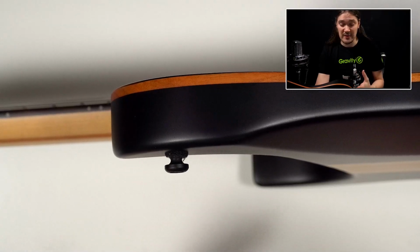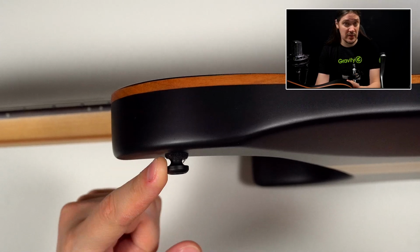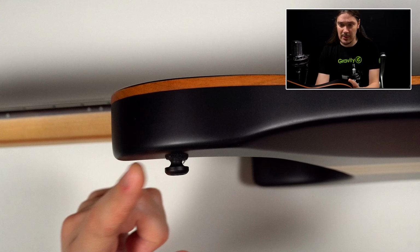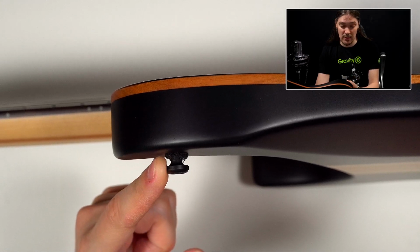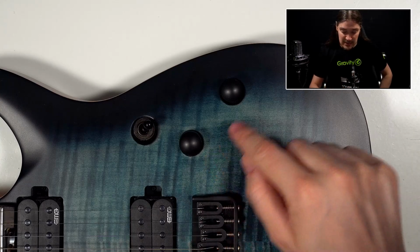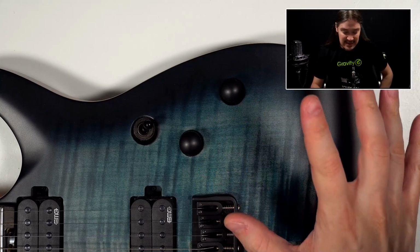For myself personally, I would change strap buttons to strap locks to make this guitar compatible with all my guitar straps, and by the way, I didn't mention the position of the strap button before, which is not necessarily comfortable. And other than that, there is some space for push-pulls here, but it is a little bit tricky with